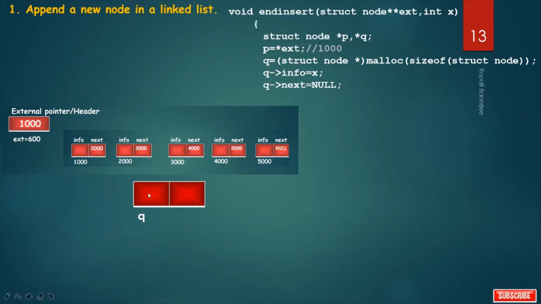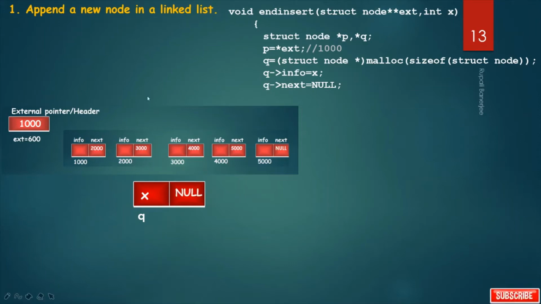I want to store info, and I am passing this info x. So q arrow info is x. Why am I using this arrow operator? Because I am accessing by the address. And q arrow next is null. I am storing the next as null.